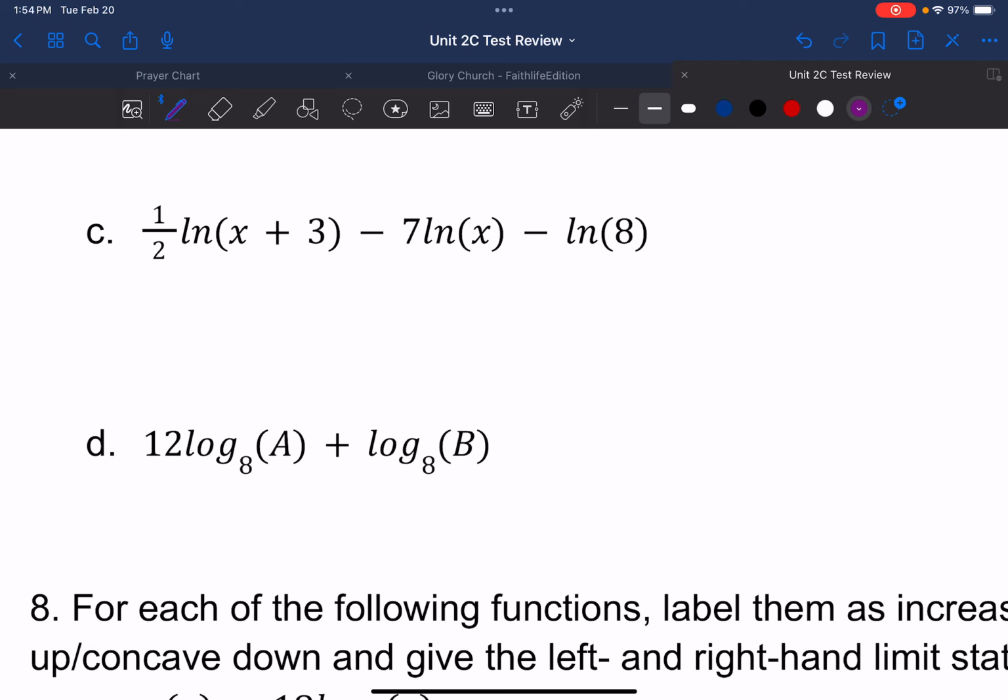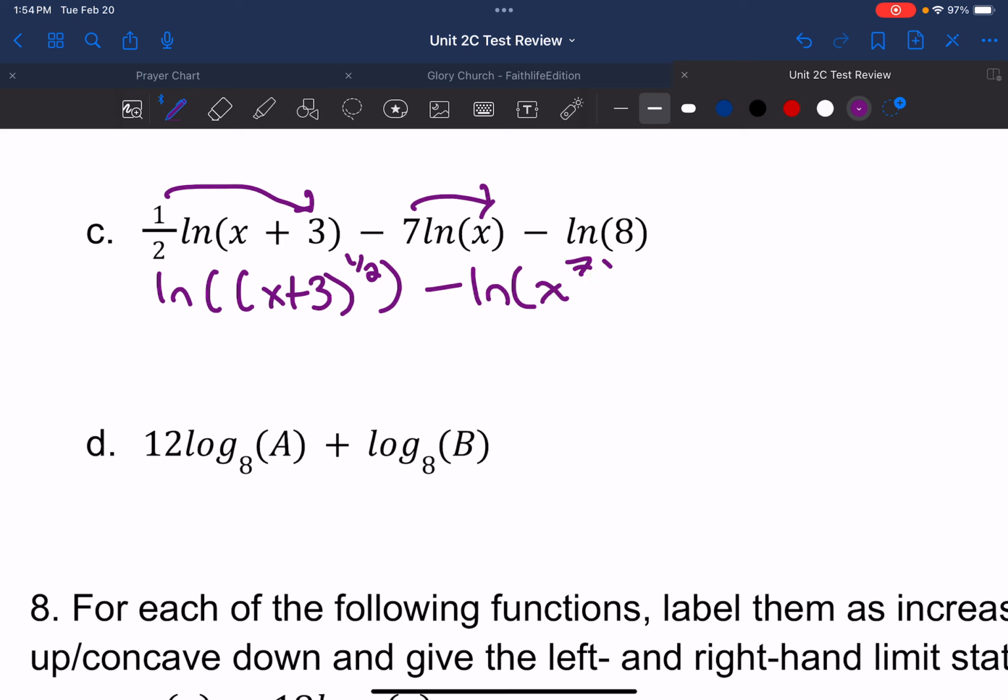So now this one's a little bit different, but the rules stay the same. So the exponent moves to the top, but notice it's going to be over the whole thing. So it's going to be ln of x plus 3 all to the 1/2 minus ln of x to the 7th minus ln of 8. And remember, this looks really confusing maybe, x plus 3 to the 1/2, but this is the same thing as the square root, so I can rewrite this as ln square root of x plus 3